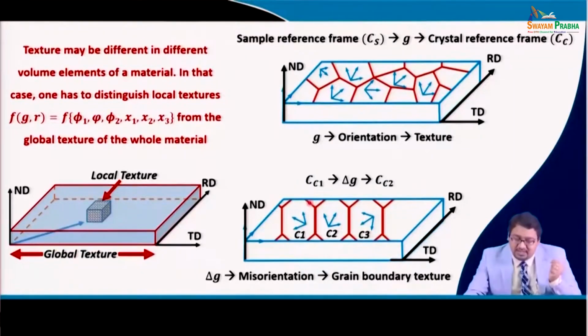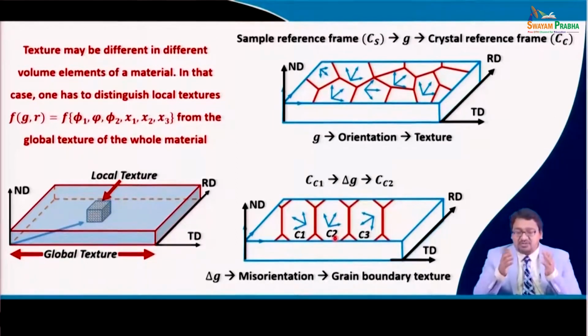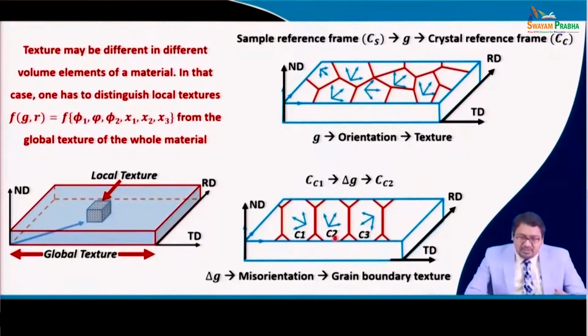In this type of case, we can obtain the grain boundary texture between C 2 and C 3, that is the adjacent grain, and even if there is orientation difference in a single grain, then there would be a misorientation, which may form because of the formation of low angle boundaries, basically an agglomeration of dislocations leading to the formation of geometrically necessary boundaries, right. So, you see,